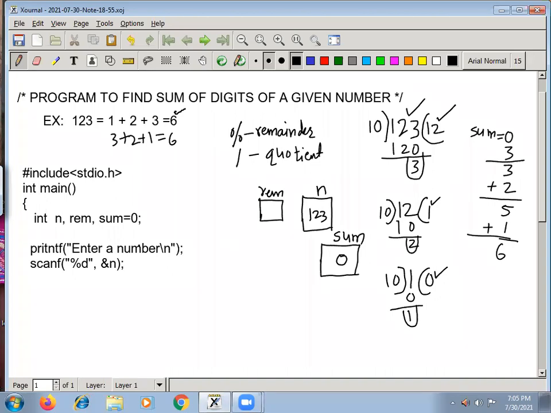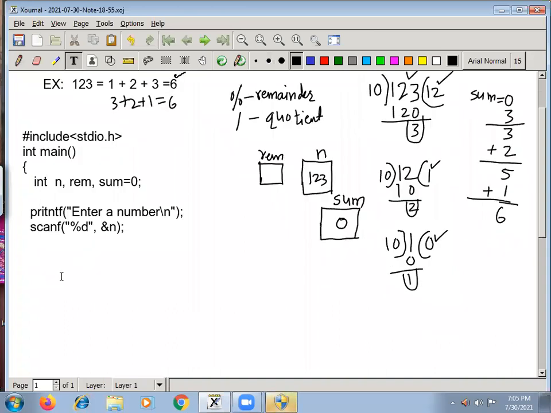Now I'm trying to convert those mathematical steps into programming steps. What you need to get here is the reminder. I'll write reminder is equal to, given number n. Then how to get reminder?